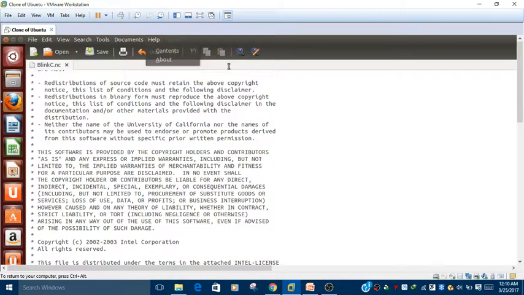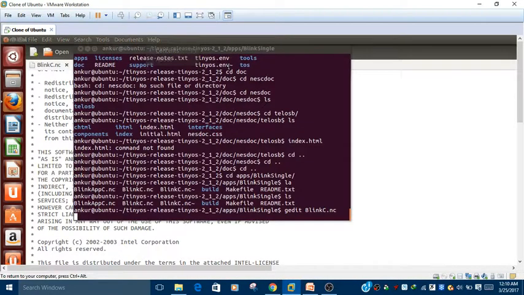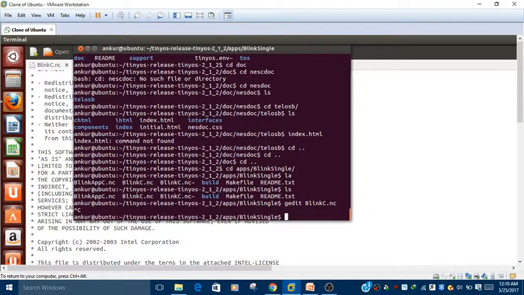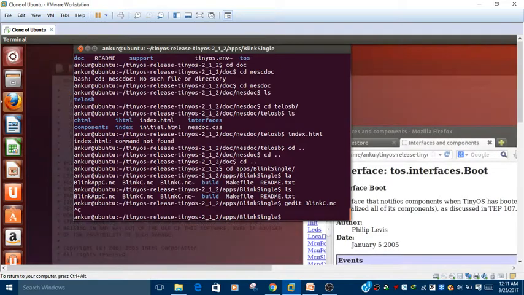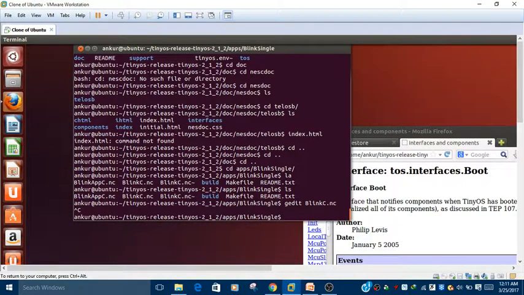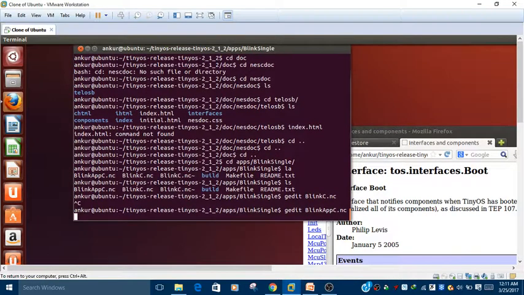Okay, so go to the terminal and close the file. Control C, it will close the file. Now because we have modified the BlinkC.nc file, we need to modify the app file also. So just run gedit BlinkAppC. It will open the BlinkAppC file.